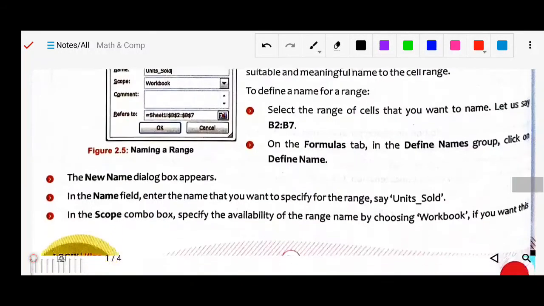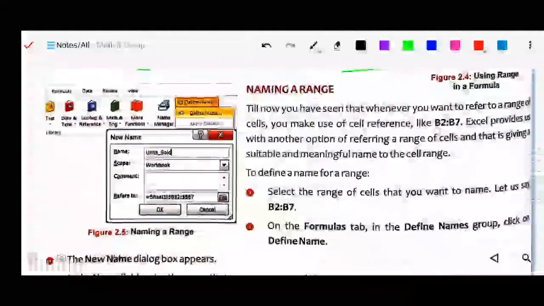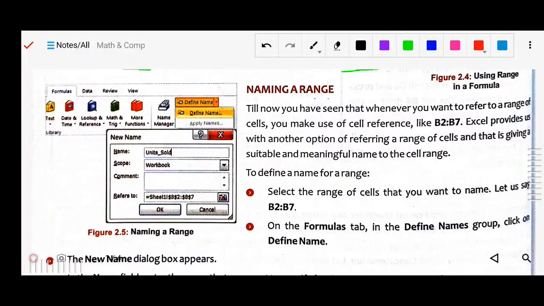Naming the range. Till now you have seen that whenever you want to refer to a range of cells, you use cell references like B2 colon B7. Excel provides another option for referring to a range of cells, and that is giving a suitable and meaningful name to the cell range.